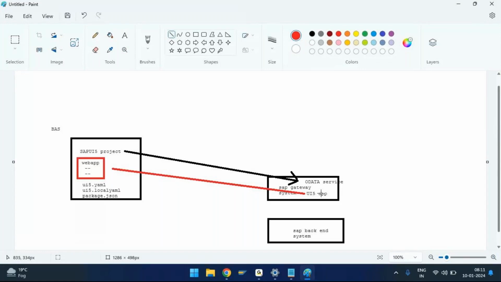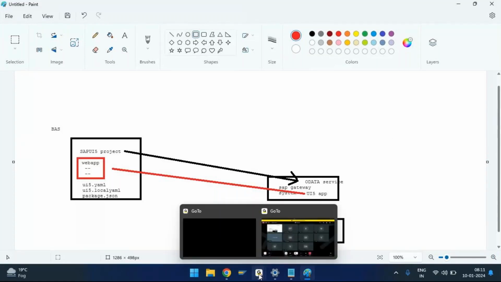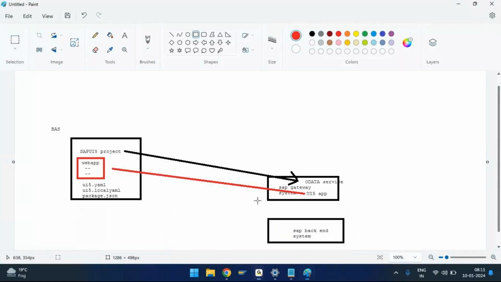The client got some changes in this application. Now another developer has come into the picture. Obviously, after 2 years, who will stay in that project? There is no guarantee, right? So now I'm in. Let's say Venki entered this project and he got the task to do some changes